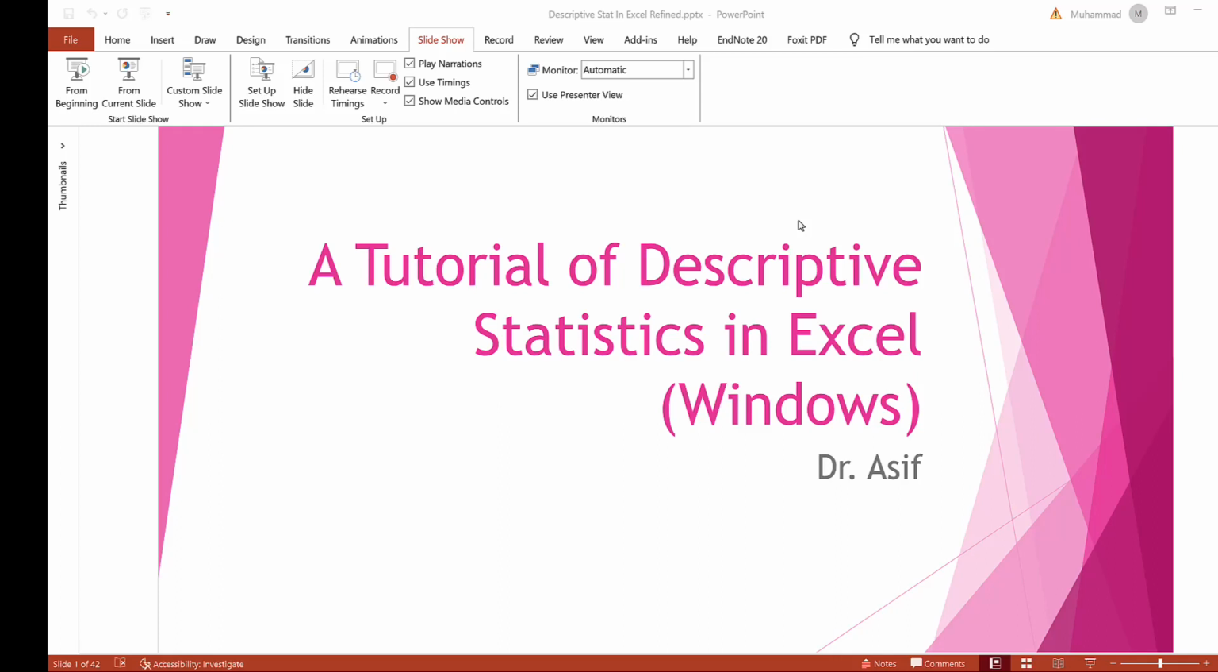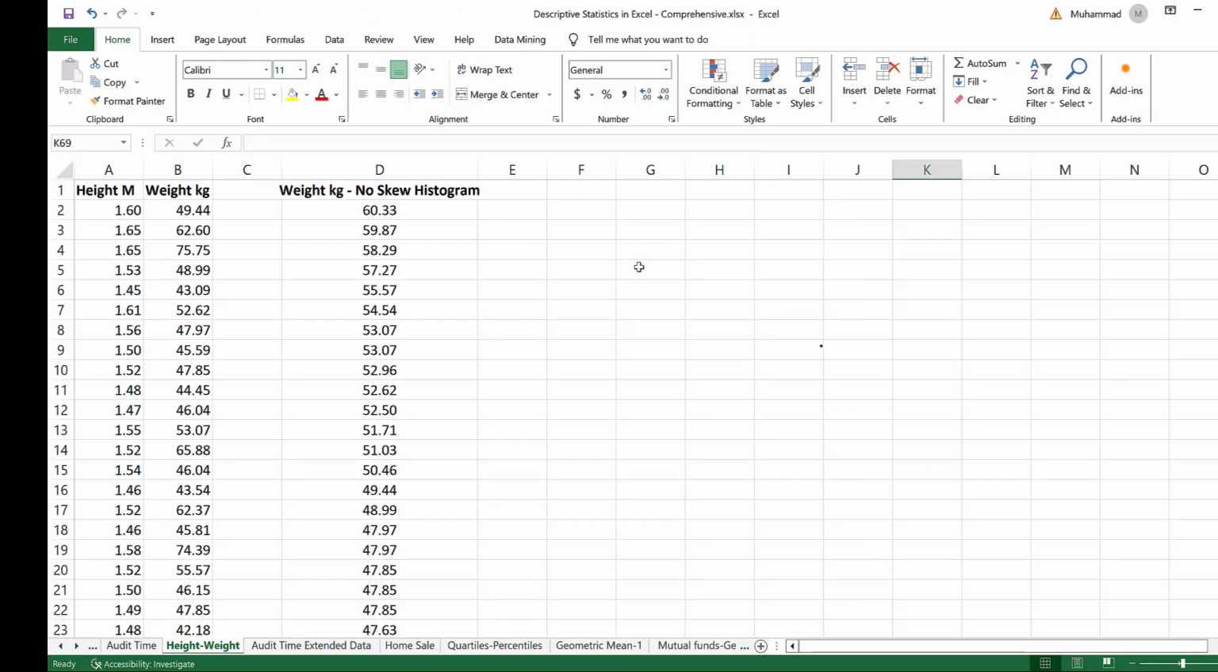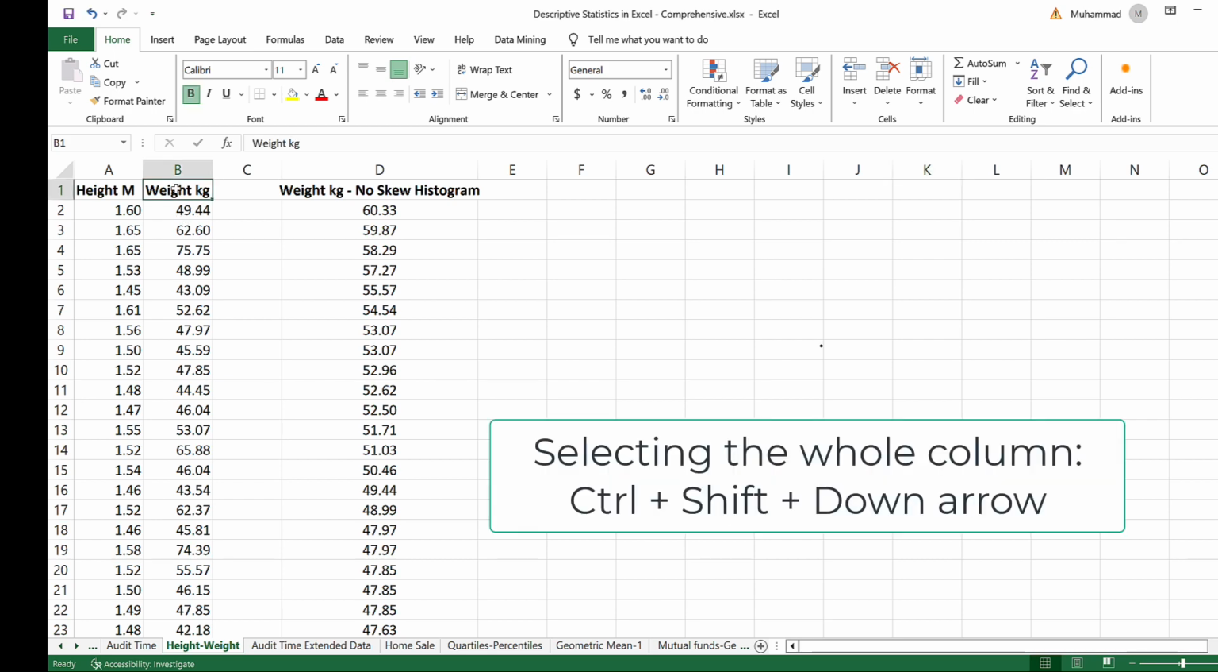This video is about a quick tutorial of descriptive statistics in Microsoft Excel using Windows. I will start with histograms, how to make histograms. So we have this data that's about height and weight, and I will select this whole column by pressing Ctrl,